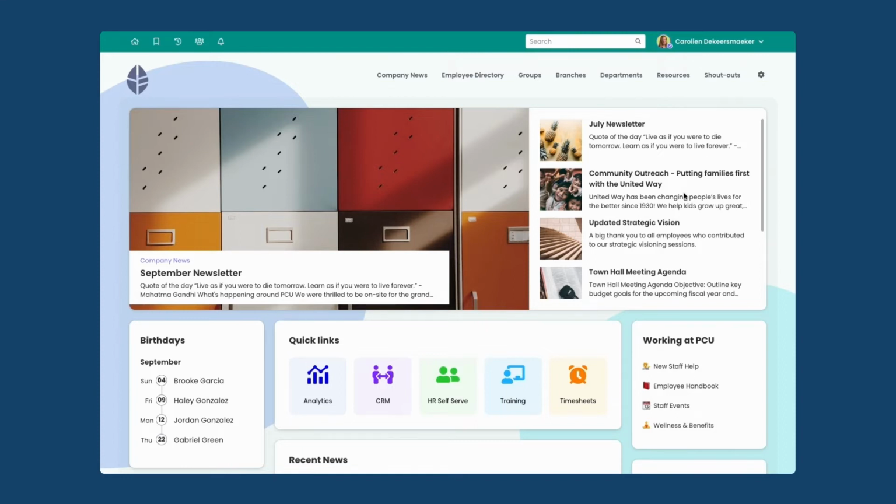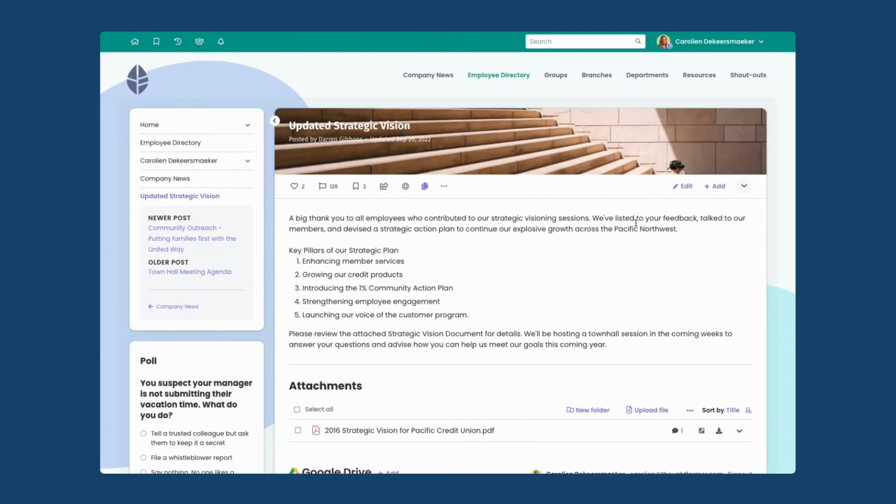Of Thought Farmer 10.7. And we'll dive right into it. On our demo site here, I'm going to click on this updated strategic vision news post. This looks like any old news post that you are probably used to. We see the body of the page is the news article, and then at the top we have our nice